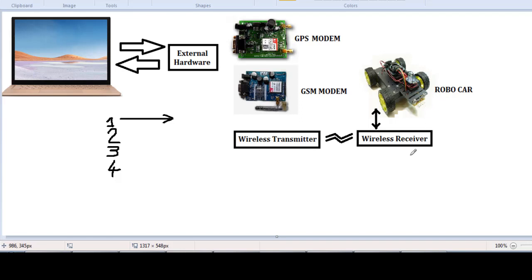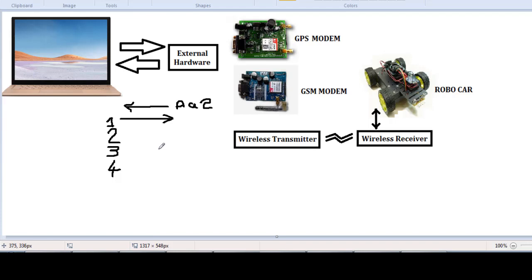You can also make a sensor on the robocar, and it can send reverse data to the PC. Suppose the data is coming to the microcontroller through the PC. The character can be A, B, C or any character which can be sent by the robocar. We are not processing the reverse character, but in this example we will see how we are receiving this character.